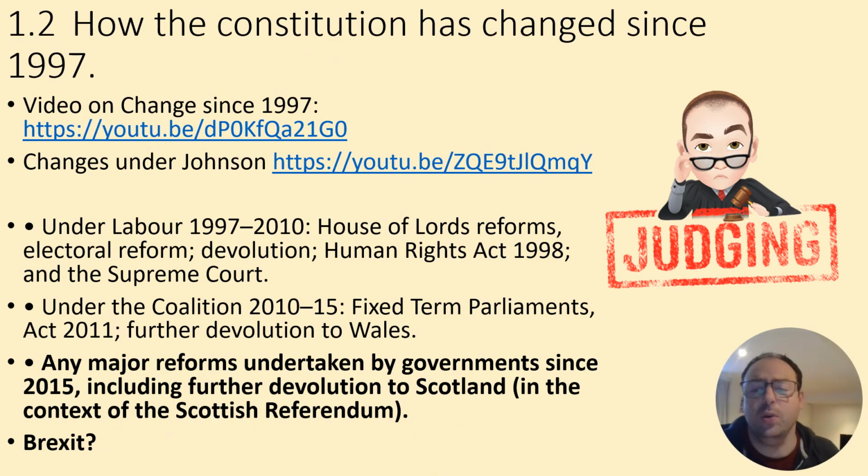So 1.2, they like a lot in terms of the devolution stuff, but there are, I think, some gaps in here. They haven't asked about it. Obviously, the Fixed Term Parliaments Act is a tricky one because it came into existence and then went away again. So it no longer exists. Hence, Rishi Sunak calling the election when he wanted to.